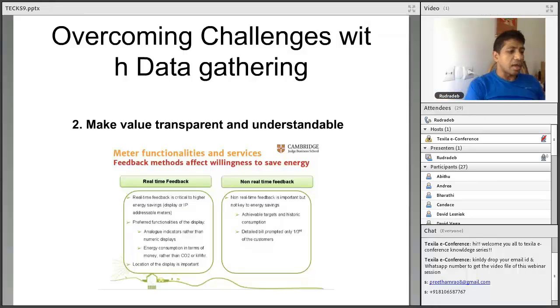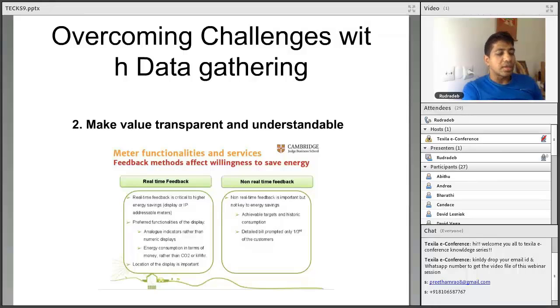The second thing that I also say is that you have to make the value very transparent. Now, I worked in Prague on a smart metering project, in a big energy company, and they wanted to know what would make people adopt smart meters.